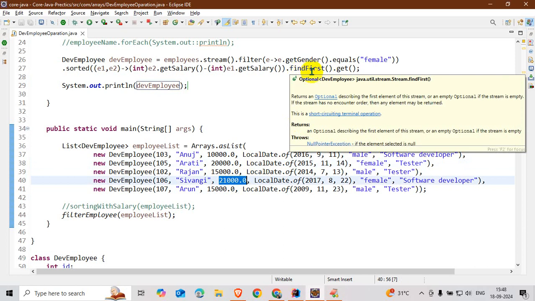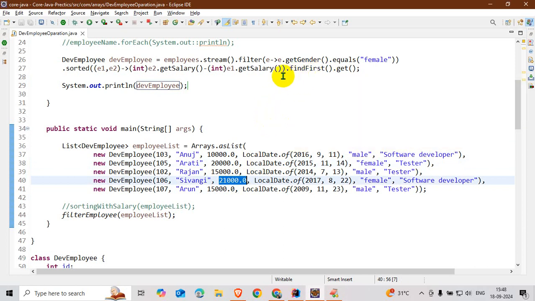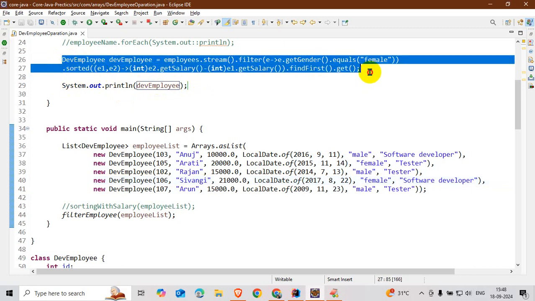You want the maximum salary, so you write findFirst. And if you want the minimum salary, nothing changes.